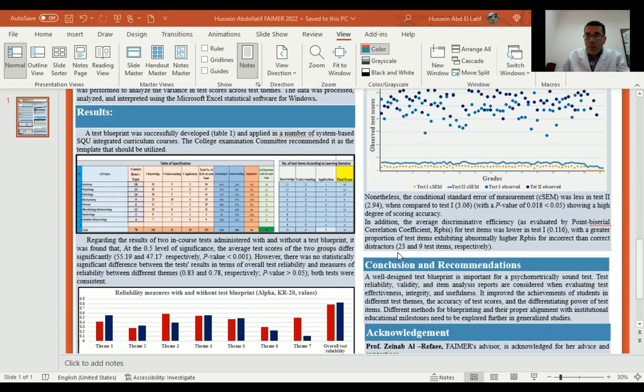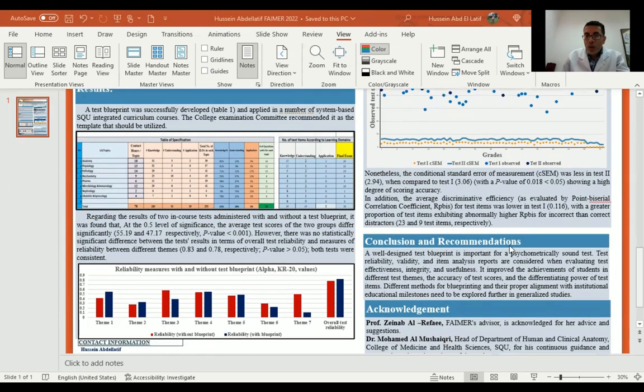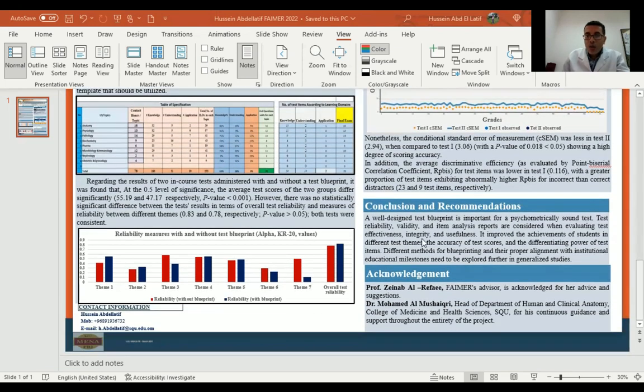Actually, we found 23 items in test 1 and 9 items in test 2 expressing this abnormal correlation or abnormal response. Our conclusion and recommendation is that a well-designed test blueprint is important for a psychometrically sound test. It improved the achievement of students in different